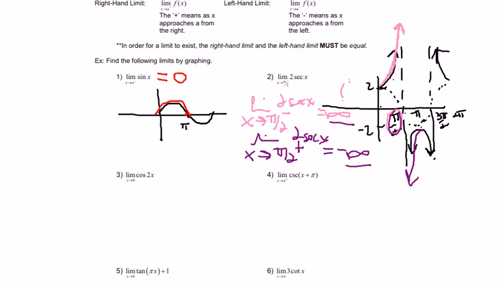And if we remember up here, for a limit to exist, the right hand and the left hand have to equal each other. Well, negative infinity and positive infinity aren't the same thing. They're really not numbers anyway. We'll get into that later. But since they're not approaching the same place, we will say the limit does not exist. So that's our answer to number 2. Okay, hopefully we're doing pretty good. Let's keep going